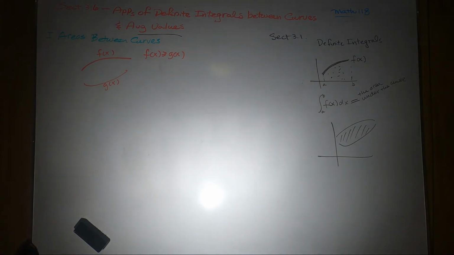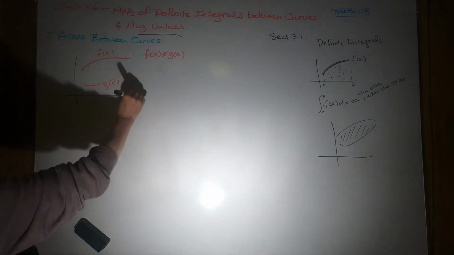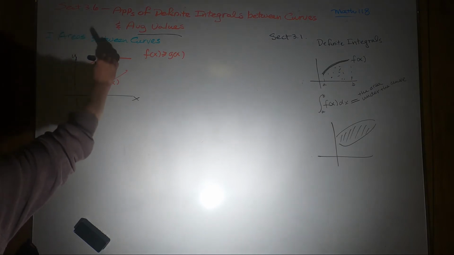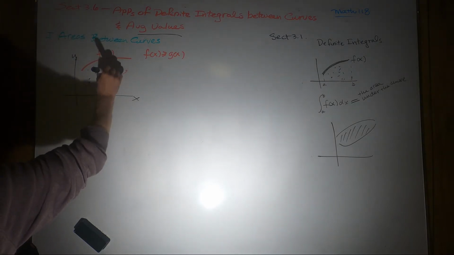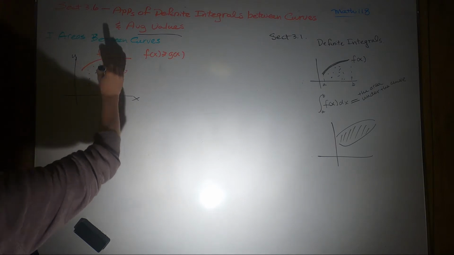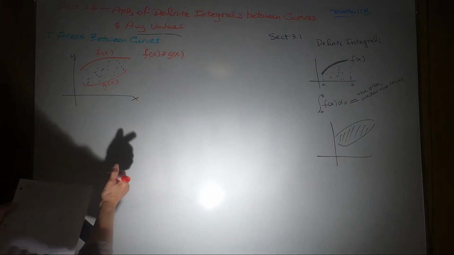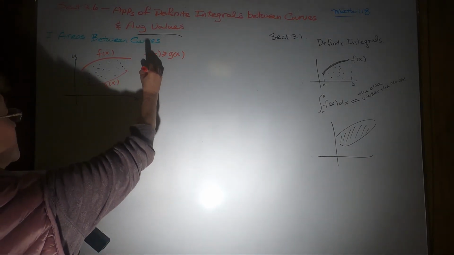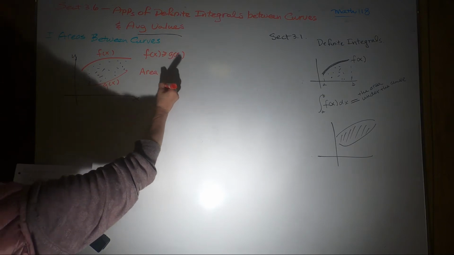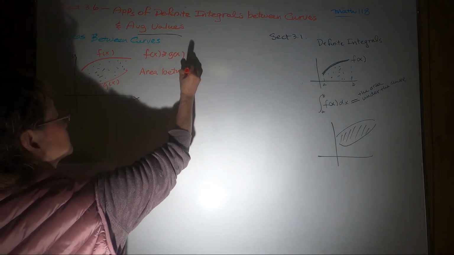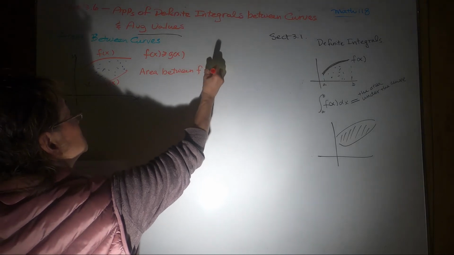If we have this situation, so that's your x and y's, and we want to find the area in between, we use this formula. So the area between f and g,